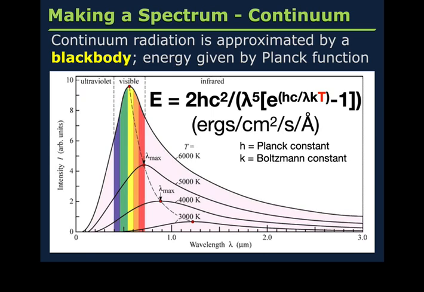So the thing that we're pointing to here, and that is the main takeaway when we talk about continuum radiation, is the shift in the peak wavelength as T changes. So now I want you to look at these different black body radiation continua that are depicted on the plot. You can see that at the bottom we have a solid line corresponding to black body radiation from something with the temperature of 3000 Kelvin. And you can see the shape of that radiation peaks right around, like, 1.2 microns. As we depict black bodies with hotter and hotter temperatures, so 4,000 Kelvin, 5,000, 6,000,